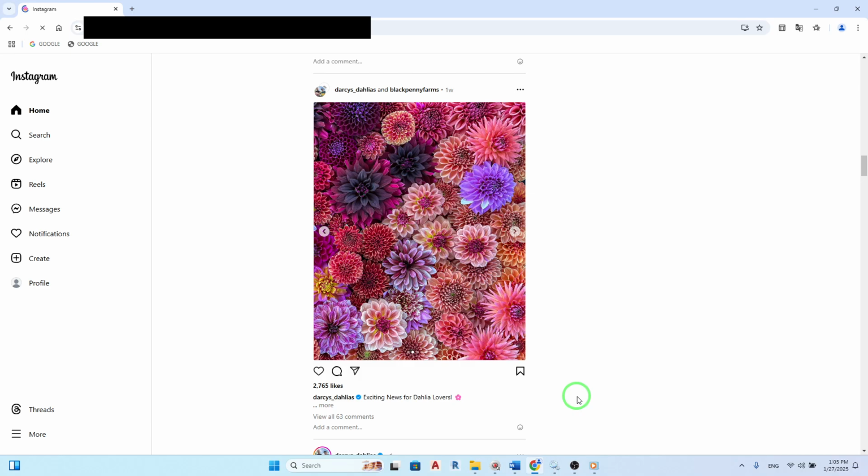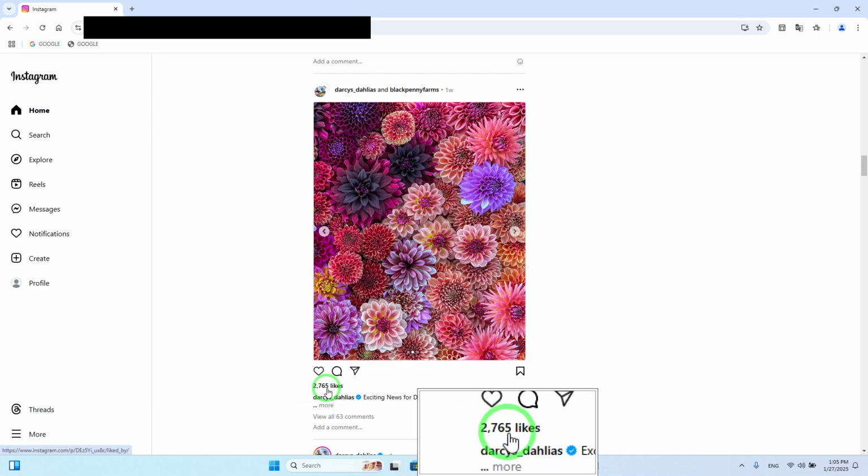Once you've found it, look underneath the carousel. Here, you will see various engagement metrics including comments and likes. The likes count is displayed prominently, making it easy to see how well the post is performing. This feature is particularly useful for content creators and marketers who want to gauge audience engagement without needing to switch